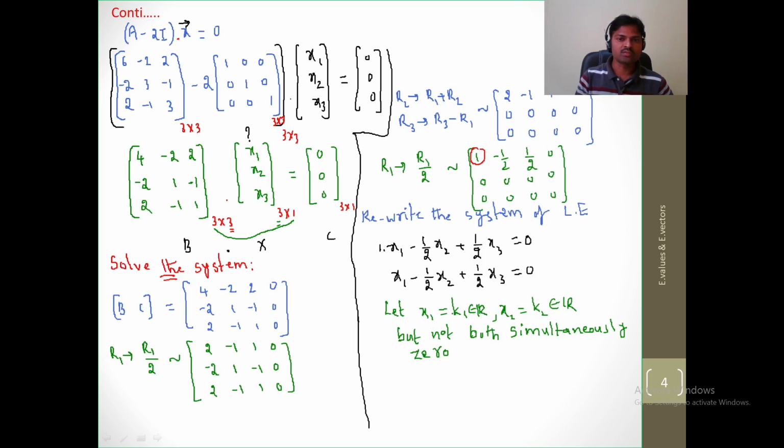So here I am taking x1 as k1 or x2 as k2, or you can take it like this also. Here x2 and here x3 you can take. No problem. Let us take x2 equal to k1 or x3 equal to k1. Any two variables you can take, your wish. Okay, I am taking x2 as k1 and x3 as k2. Now assume this is equation number 1. So equation number 1 implies,